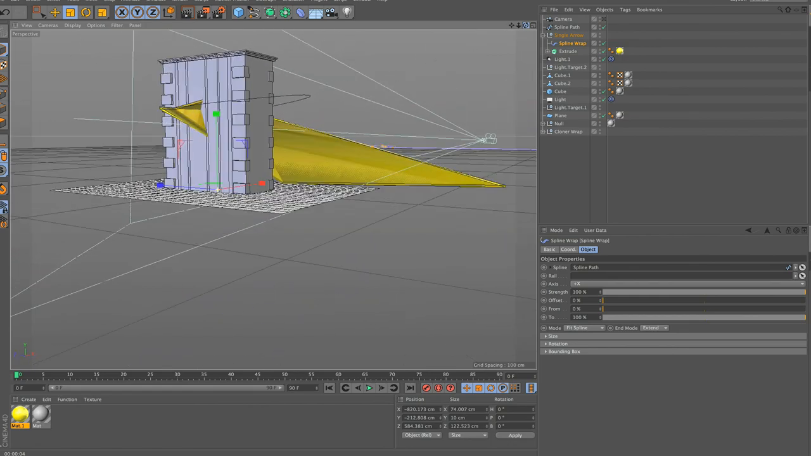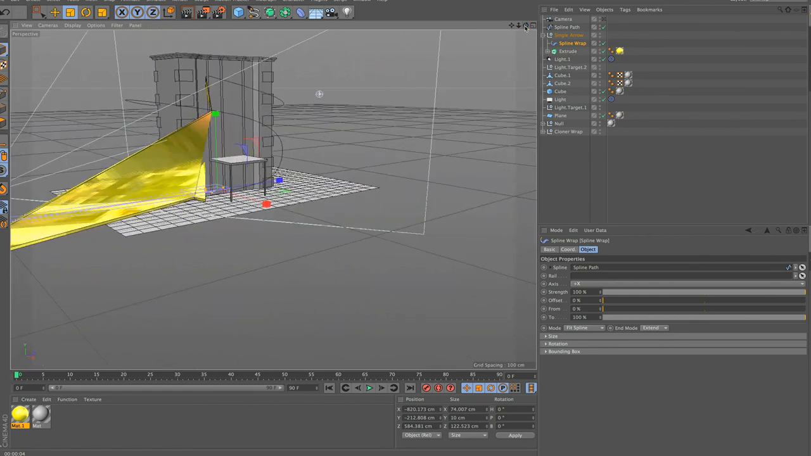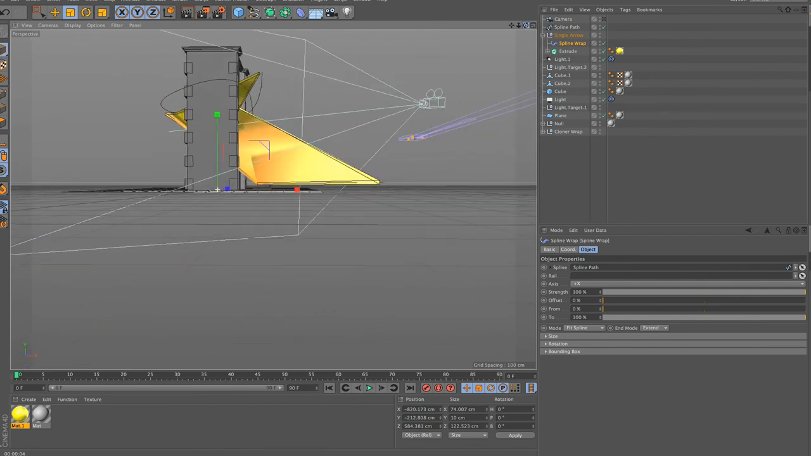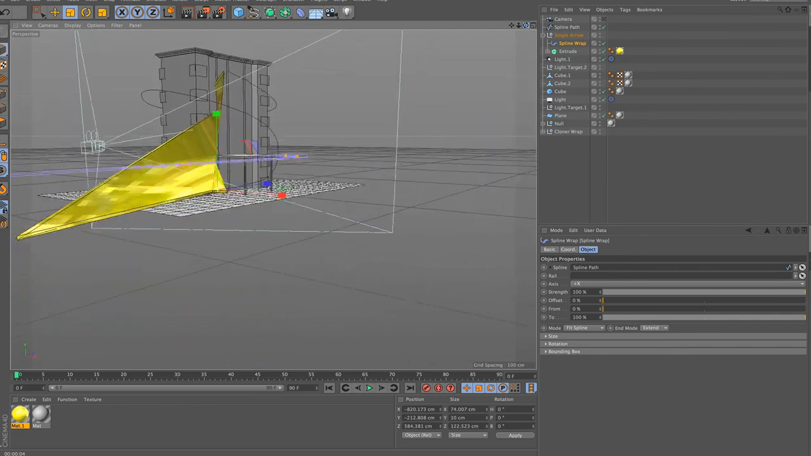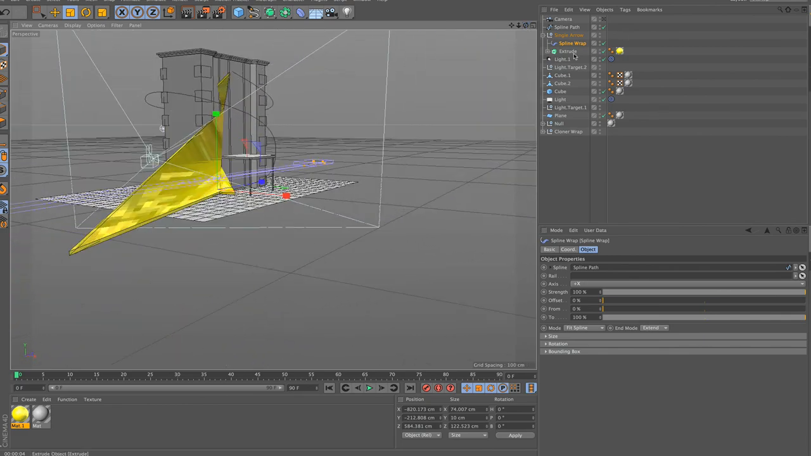Okay, so it's trying to wrap this arrow around this spline path. It's trying to fit it to the path. And although sometimes you may want something like that, right now it just wouldn't work. We don't have enough subdivision levels within this model for that to work. So there's a couple things we can do. Plus,